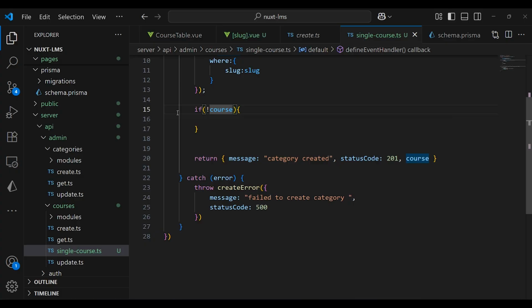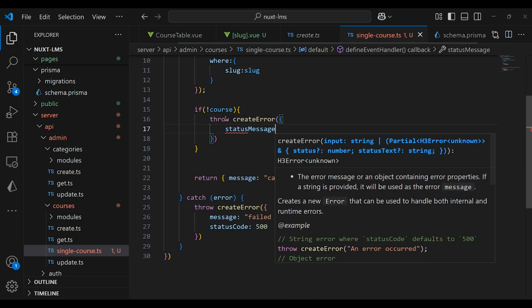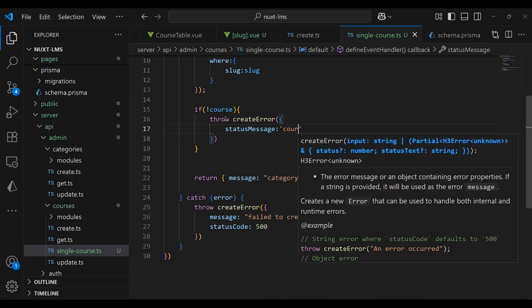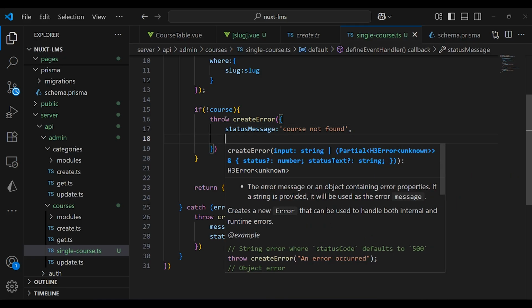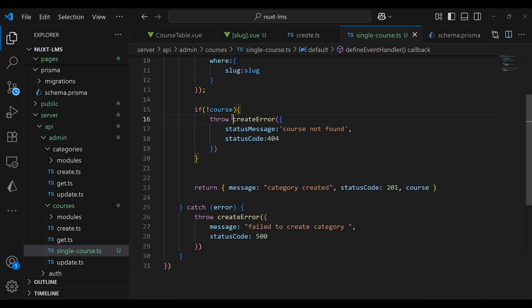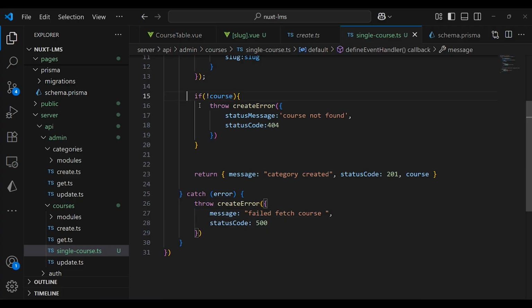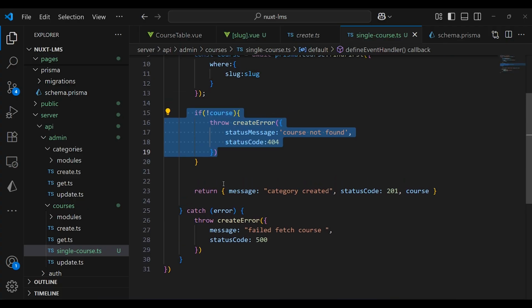Okay, and if the course is undefined, we're going to throw an error. Okay, we're going to pass here, yeah, I'm going to pass here createError. Okay. And here you're going to pass it the status message. I'm going to pass here, yeah, a course not found, and we're going to throw an error. We're going to pass the status code of 404, okay? And here you're going to pass a failed to fetch course, okay? If you guys have an error, which is not this one in here, and then if we don't have an error, we are going to return data. Then here I'm passing the status 200, but also we're going to return the course, and then I'm going to